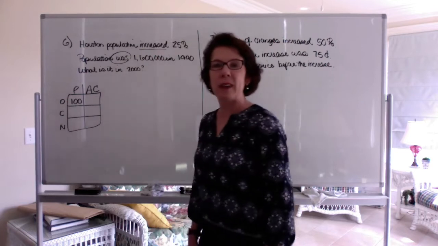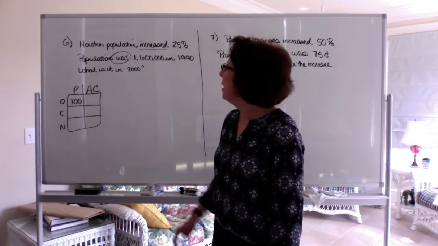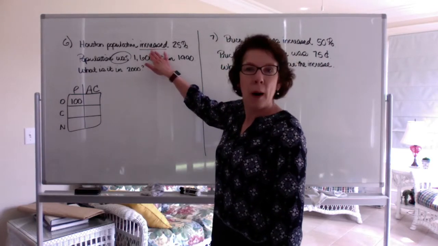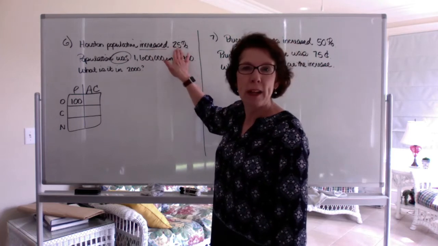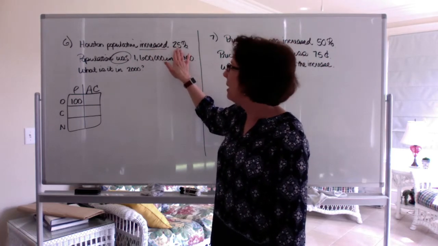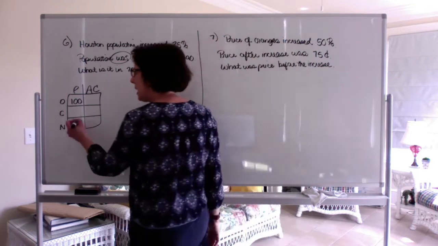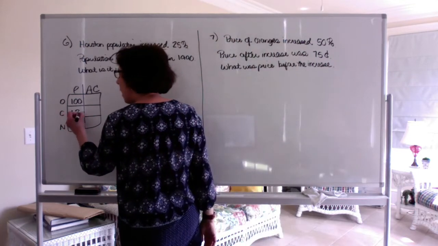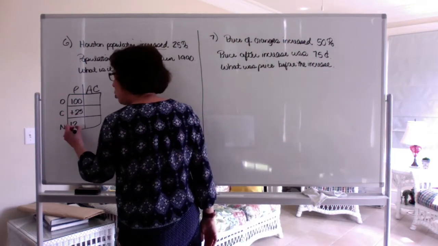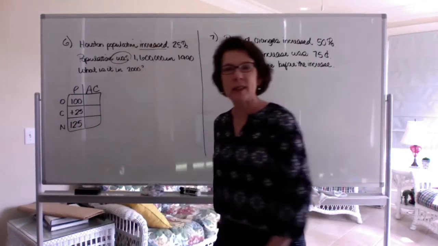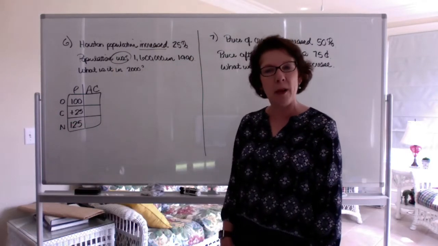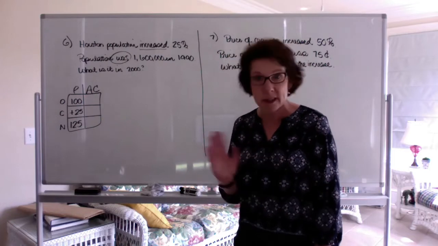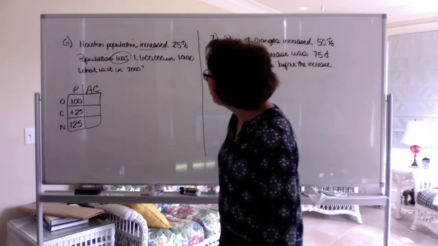Now let's fill in the other numbers in the word problem. The population increased 25%, all right? An increase in 25% is how did it change? And it went up. So my new percent is going to be 125%. I put a plus, but it's an increase. Okay, now,